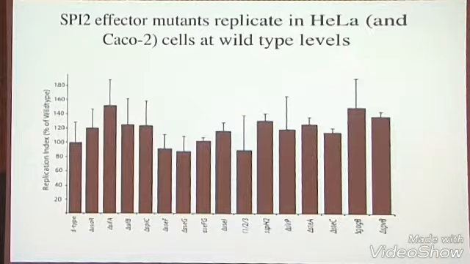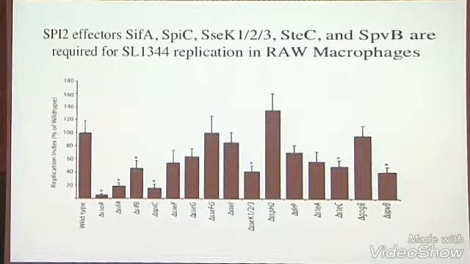Okay. Well, what happens when you throw in macrophages? Well, there's where things heated up a bit. And so obviously, if you take a wild type versus a SPI-2 mutant, you can see the SPI-2 mutant basically can't divide inside macrophages. So that argues that some of the things being secreted by SPI-2 are needed for replication in Salmonella. So you can see the starred ones here seem to have an effect.